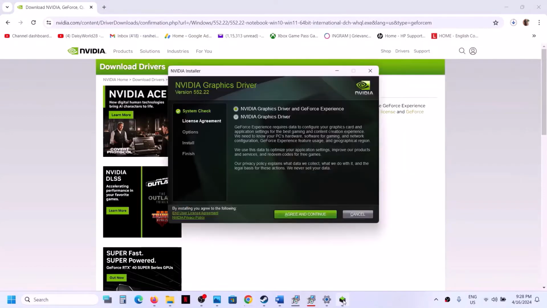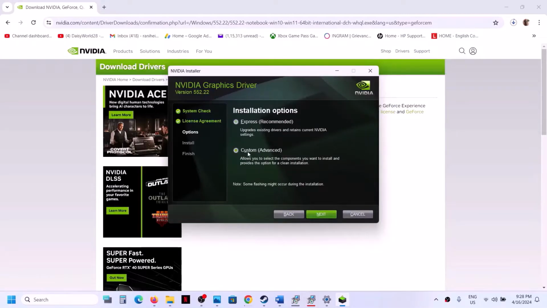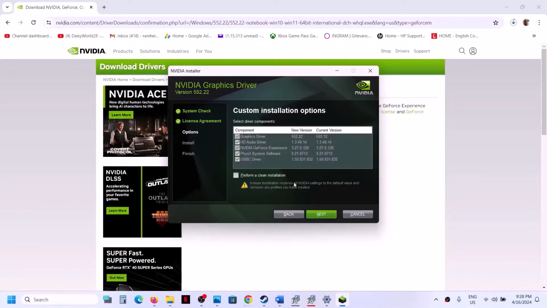Now once you run the exe file, you will see this screen. Now click on agree and continue and then select custom. Select custom over here and then click on next and then put a check on the box which says perform a clean installation. Make sure that you put a check on perform a clean installation and then click on next,